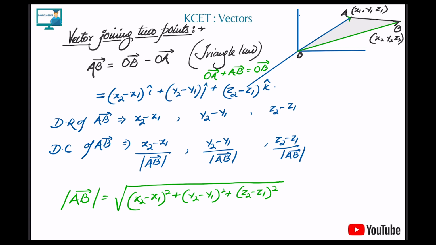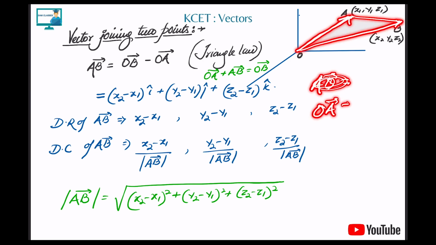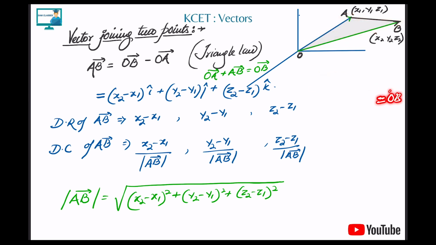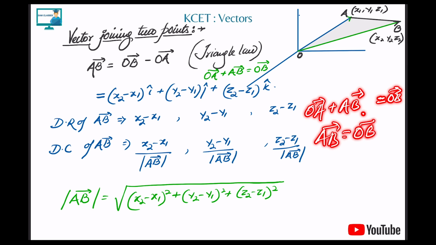Okay, that's it. Now let's understand what happens when we join two vectors. By 2 points a and b we are forming a vector joining them. We already have a position vector a, we already have a position vector b. So AB vector is equal to what? We can take it like this, very simple triangle law: OA vector plus AB vector, two taken in order, is equal to OB vector, correct? So can I write AB vector, the vector formed by joining 2 points, is equal to position vector of B minus position vector of A, that's it.